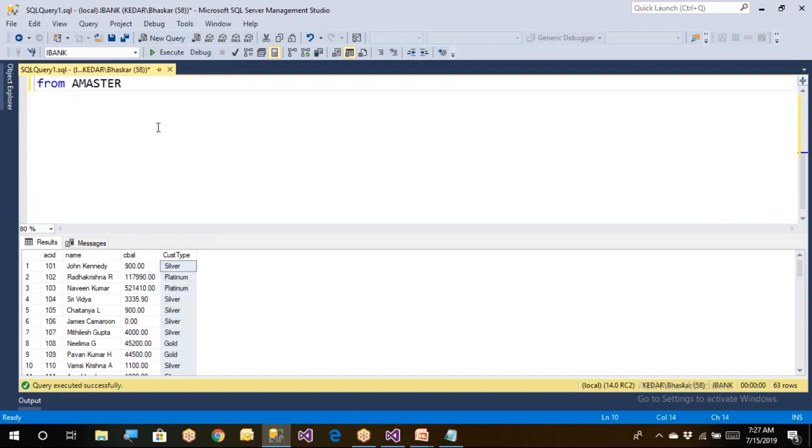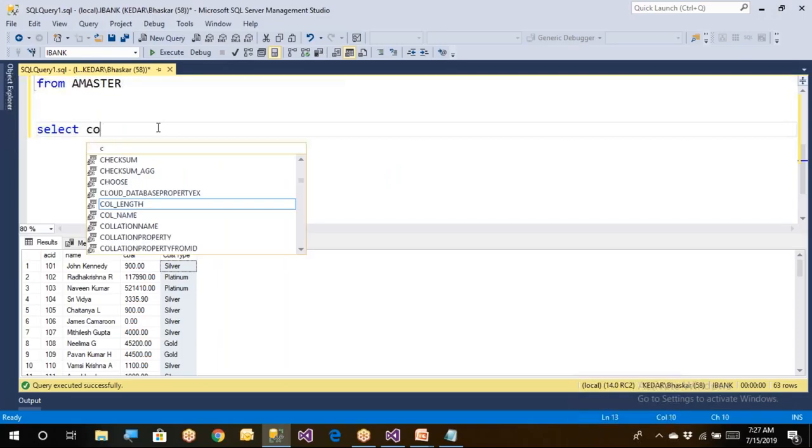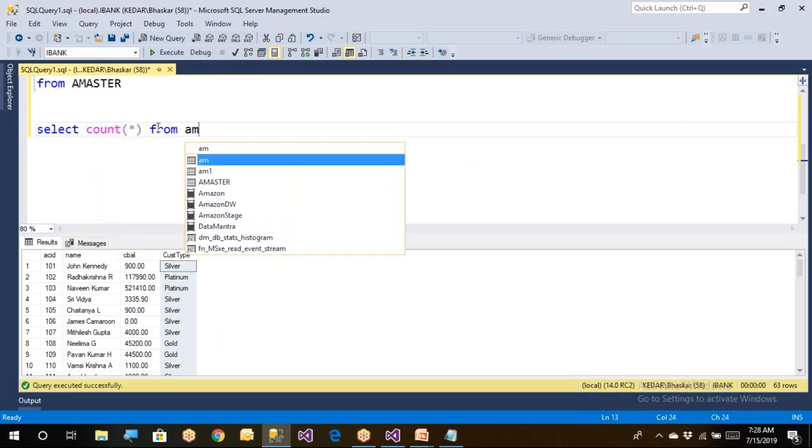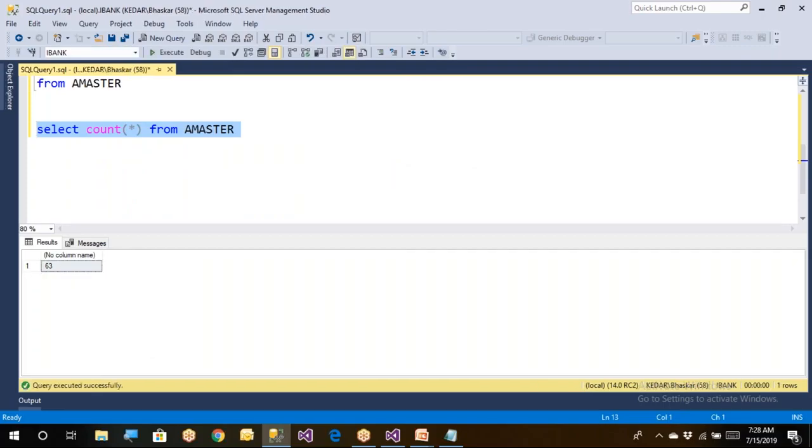So I had given you one thing. Select count star from account master table, right? So this is the one, no alias. But how do you give the alias? You can say as count. So this is how you can give the alias. But can I give the alias